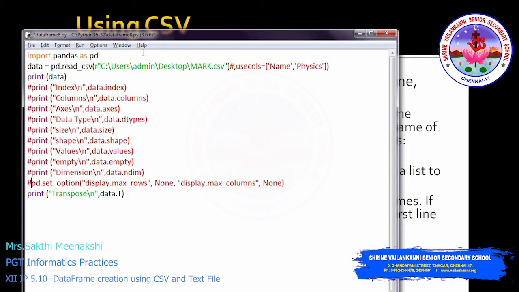Okay, so if you are storing your file marks.csv in the same folder, then you can directly mention the name. Since I stored it on the desktop, I am giving the complete path name, and I am mentioning it as a raw string. Then inside the double quotes you have to give the full path name. So simple, that's it. I didn't mention any other parameters. I'm just passing the file name alone for this one. Okay, right. So the next one, I'm printing this file.